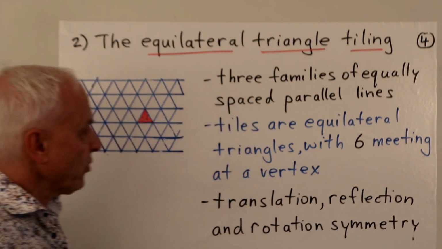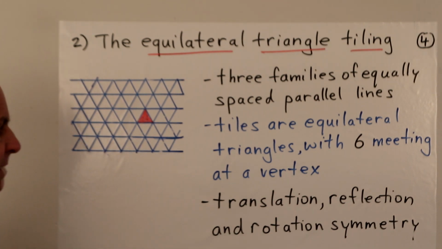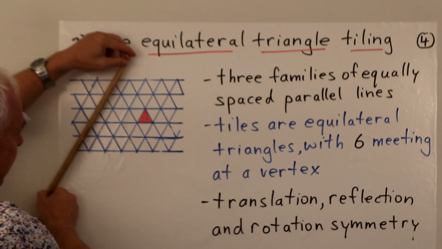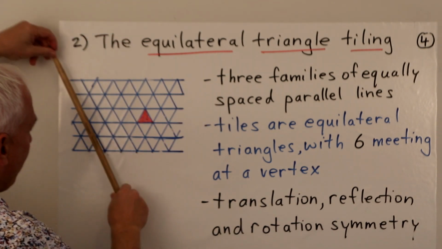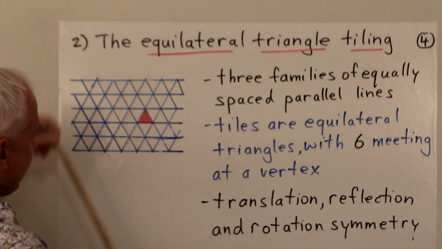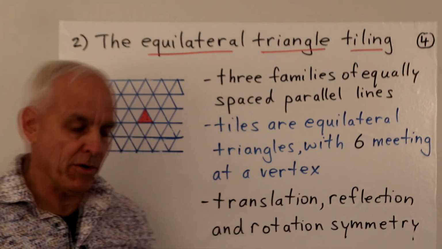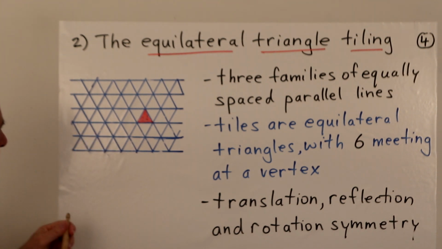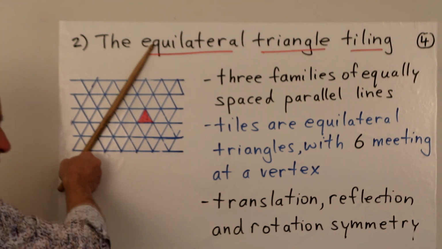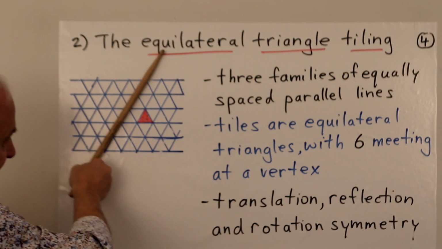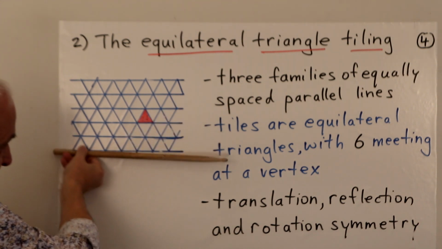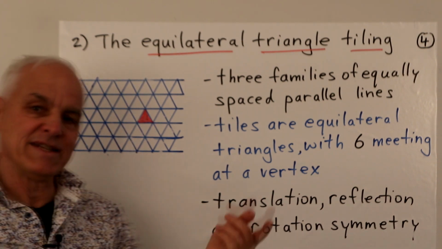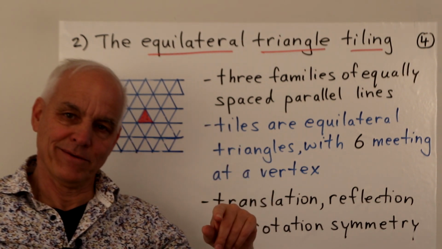This is created by three families of equally spaced parallel lines. There's this family here, and then there's this family here, and then also this family here. It's a little bit more subtle than the square one. These ones fit together, but it's crucial for this kind of pattern that there's a particular relationship between, say, these lines and the horizontal lines. And the relationship actually is that going from here to here is 1/6 of a full turn.